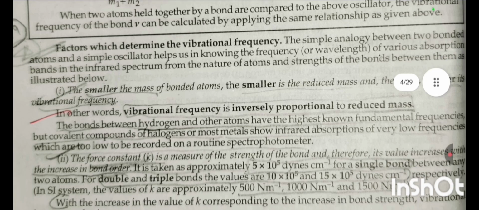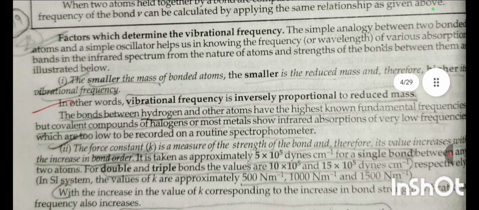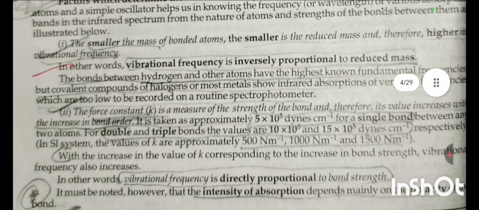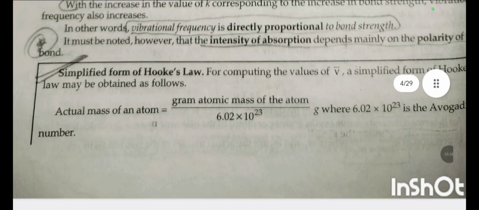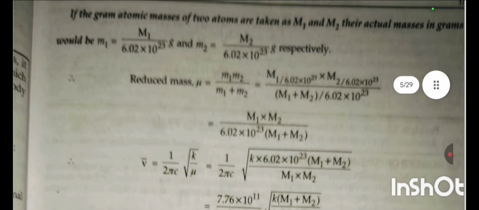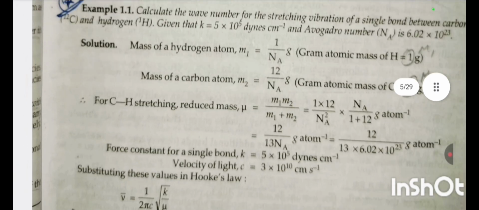The bonds between hydrogen and other atoms have the highest fundamental frequencies, but covalent compounds of halogens and most metals show infrared absorption at a lower frequency, which is too low to be recorded on a routine spectrophotometer. That is all about it. Example: